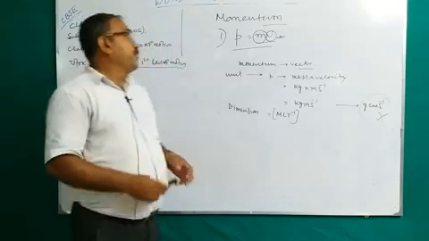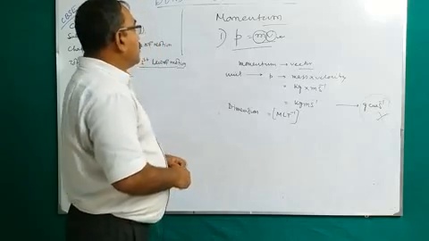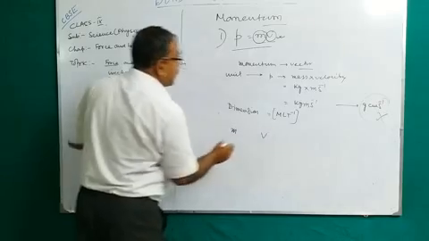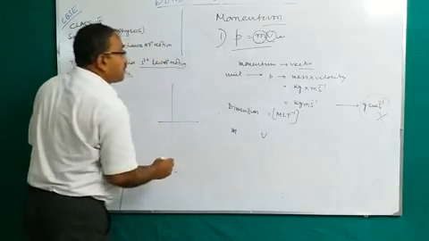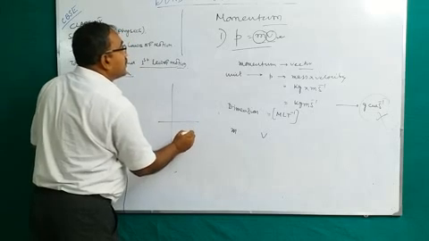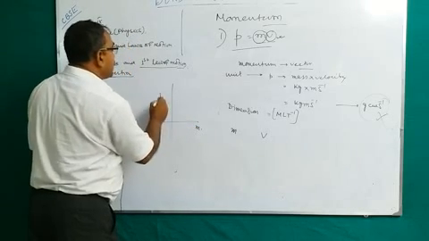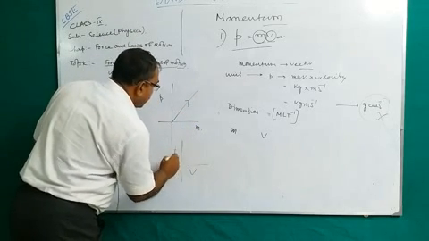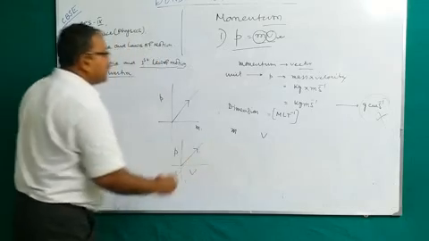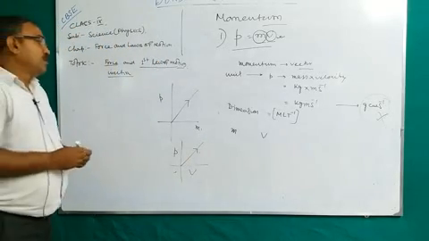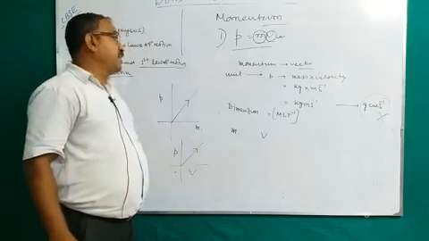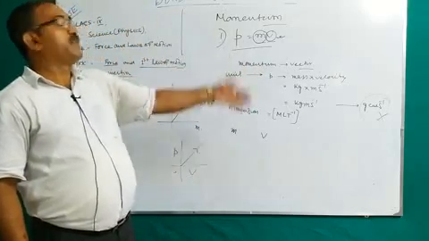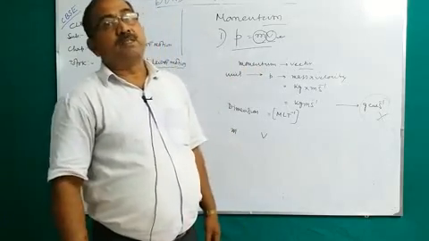This is the momentum. Momentum depends on two factors. One is the mass, another is the velocity. If you represent it with the help of a diagram, this side is the mass, this side is the momentum, the graph is this. If you draw velocity versus momentum, the line is that. Am I clear? So this is the characteristic with the help of the diagram, and this is the momentum formula. So if the mass of this object is more, the momentum is more. If the velocity is more, then the momentum is more.